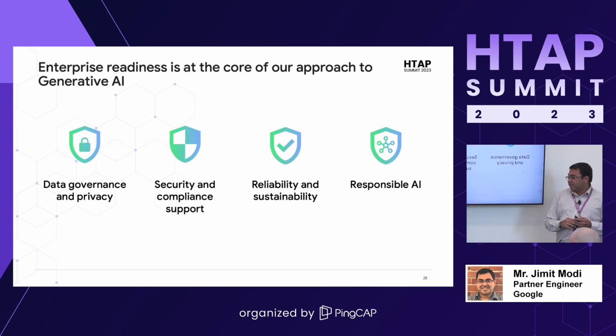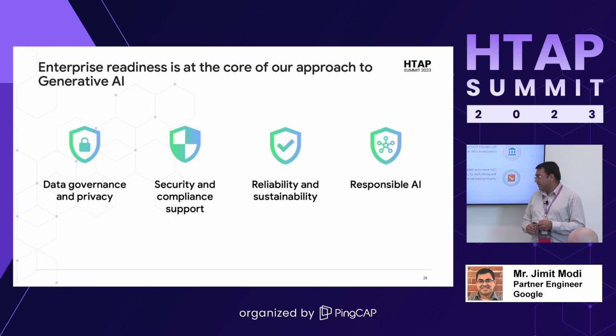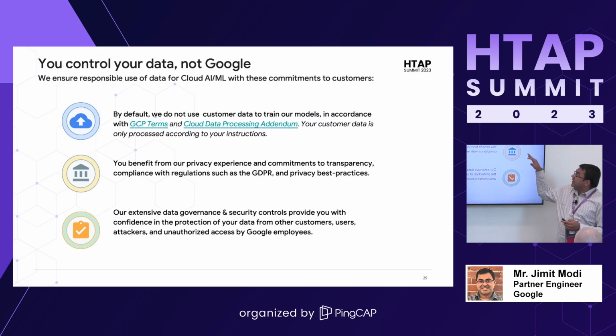There's also the topic of responsible AI, so I'll talk about that in the next slide. Before we go there, this is one slide which puts a lot of customers at ease, right? We are telling you that by default, anything in your GCP tenant stays in your tenant, does not go anywhere. You benefit from having all the different compliance which Google Cloud already has, like GDPR or PCI or other things. So if you build apps on top of it, some of this is inherent in the platform itself.